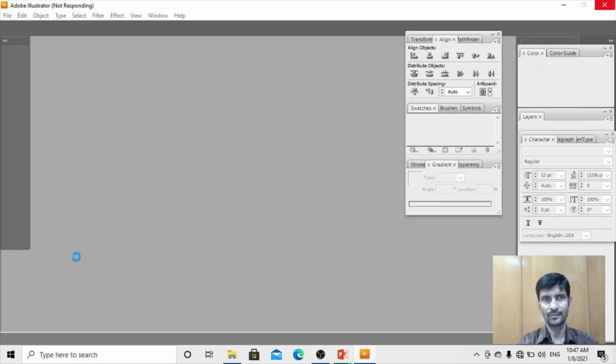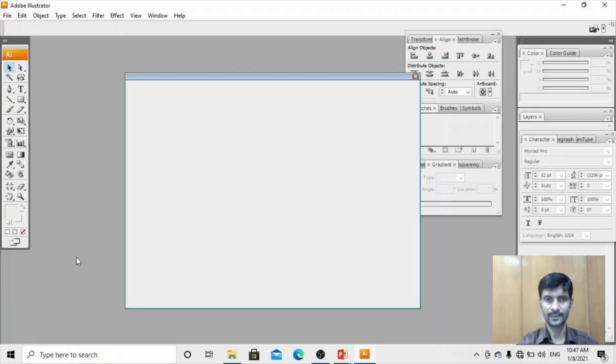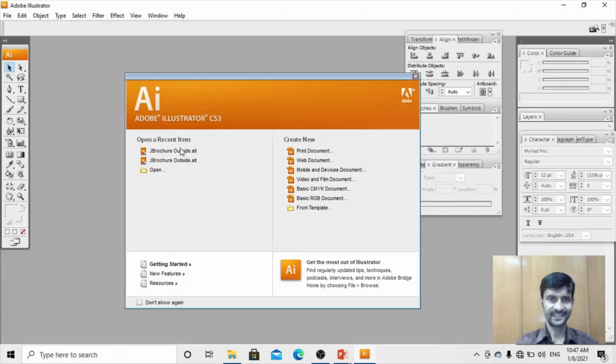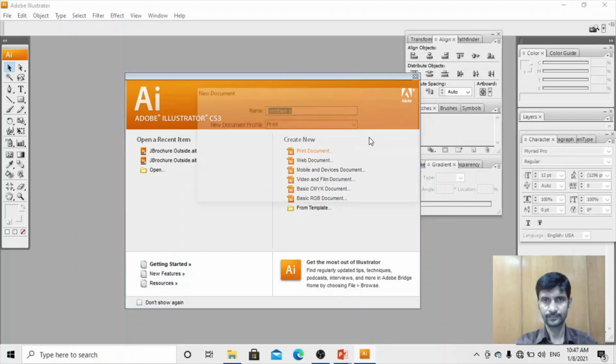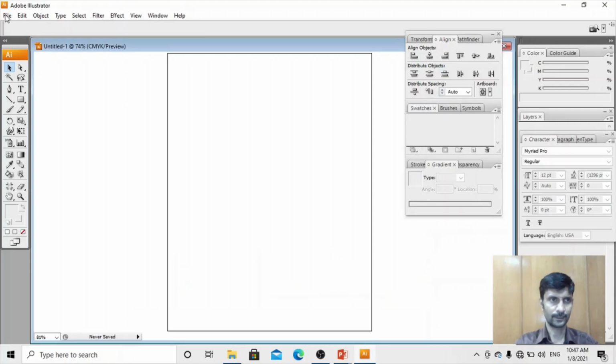These are the two methods we can use to import a document into any application software. Some formats are supported, and the remaining formats are not supported by that application. After opening, click on the print document. Now you can use anything, either web document or mobile document.